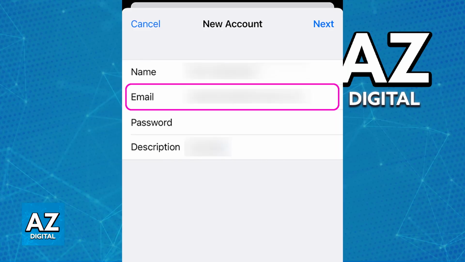So now enter the account details. The most important one is going to be, of course, your complete Bluehost email address. You can also enter the desired display name for the emails that you send, a password that you use for your Bluehost email account, and then an optional description. Once you include all of these details, you should be good to go.